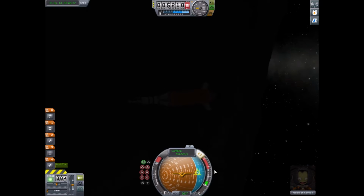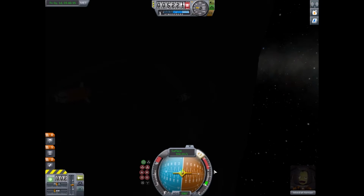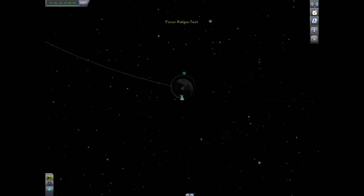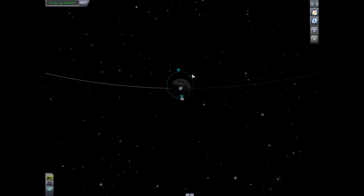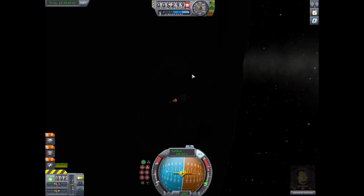So I am going to just not mess about. First of all, be pointed in the right direction so I don't... Right, got clear of that. I'm thrusting prograde, which is to say there's that little yellow marker down the bottom which is telling me where I'm going. So I'm just going to gently kick up the thrust until I get up to 807, which is theoretically escape velocity. And as you can see on the map, apoapsis is going steadily up. And I'm just going to leave it there until...